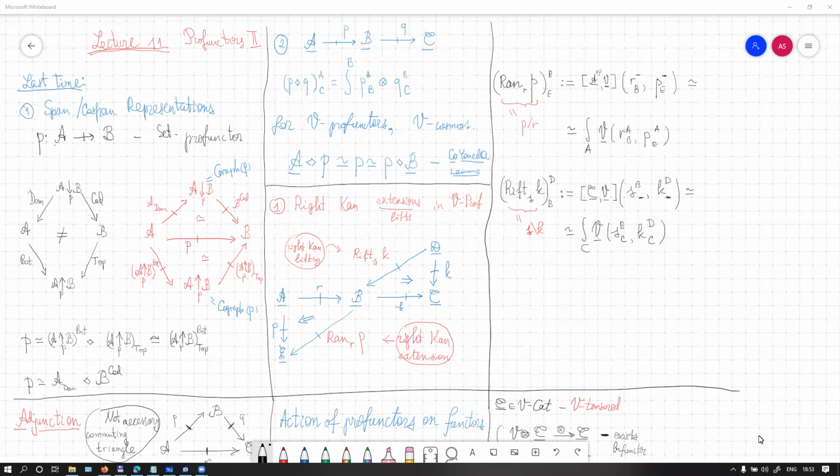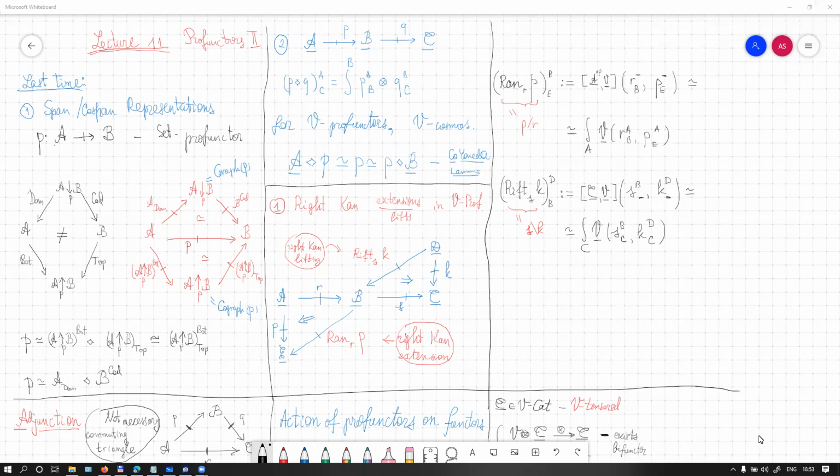Hello, everyone. We are starting lecture number 11 today. There is a second lecture about profunctors, and if we are done with them quicker, we'll go to the next topic, weighted limits and colimits. But for now, let's